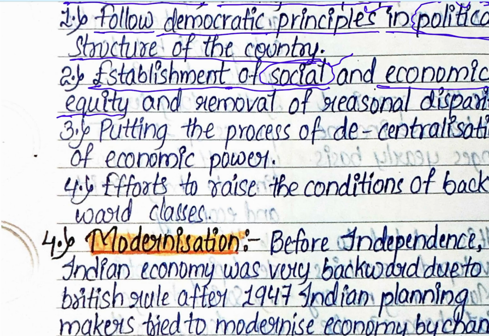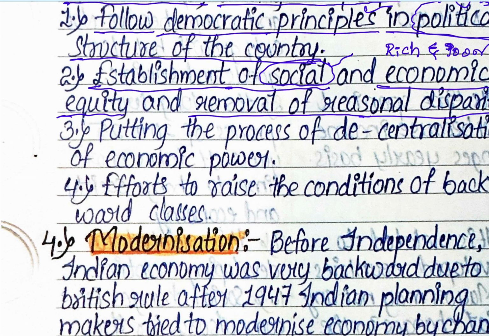In our society mainly there are two groups of people, rich and poor, but we should not show a difference between rich and poor. So that is not called social justice. Social justice is nothing but establishment of social and economic equality. Economically also they maintain equality, and removal of